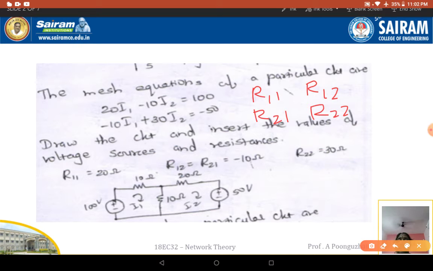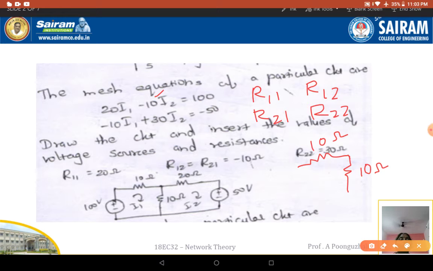So now first we are going to have a voltage source of 100 volts, connected to the total resistance in the first loop, which should be 20, and between 1 and 2 it is 10. So take the resistance between 1 and 2 first and draw that circuit. Between 1 and 2 you are going to have a resistance of 10 ohms. So that is over. The total resistance in the first loop is 20, so 10 is already used, and the remaining is 10. So we draw that 10 ohm resistance here.